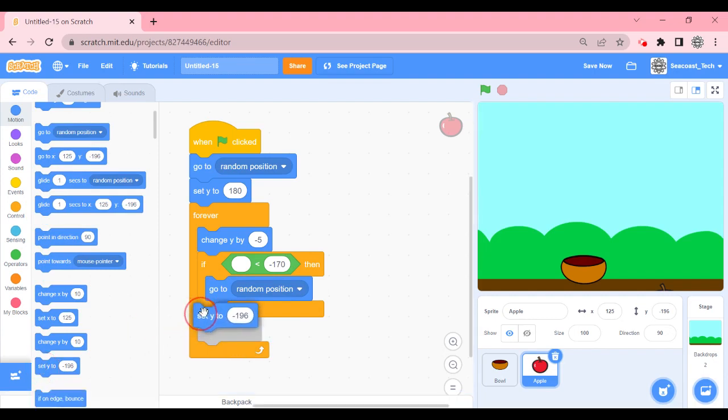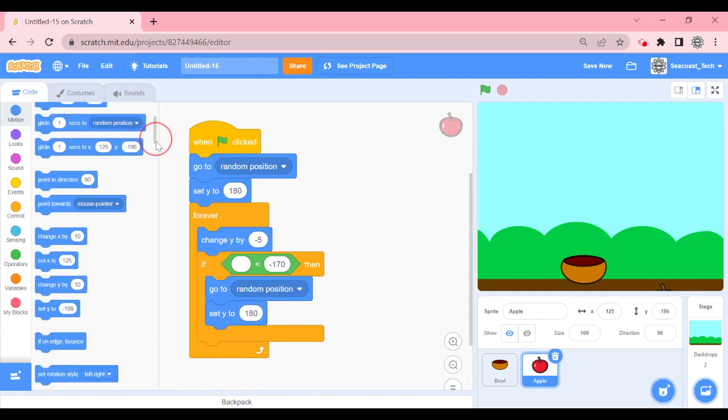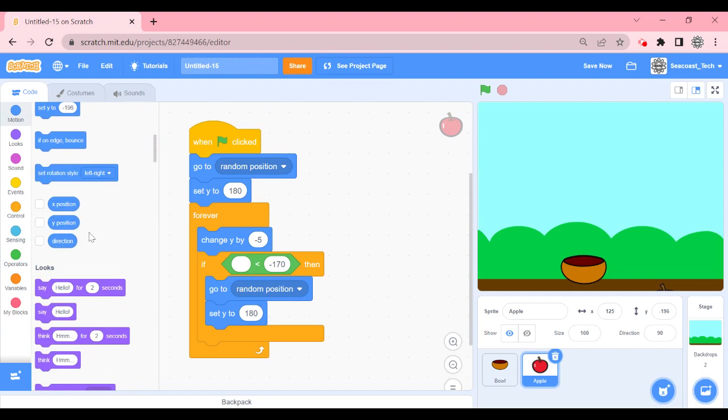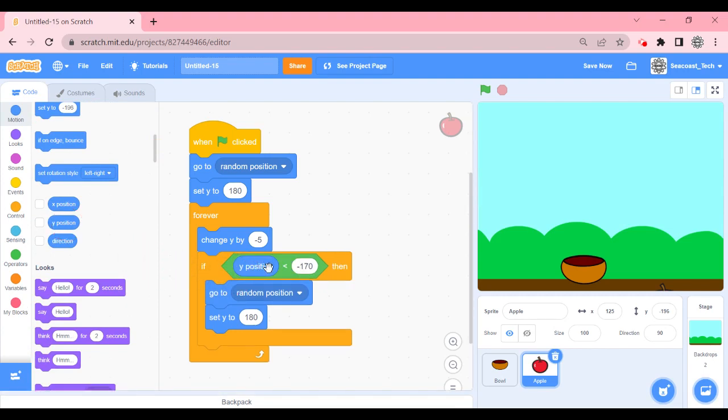80. That would be the top of the screen. And there's one more thing we need to do here, which is the bottom of the motion blocks. You want to find here where it says Y position. So if the Y position is less than negative 170, what that says is if the apple falls below negative